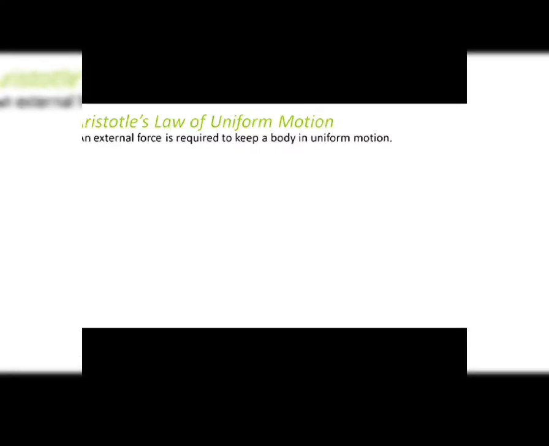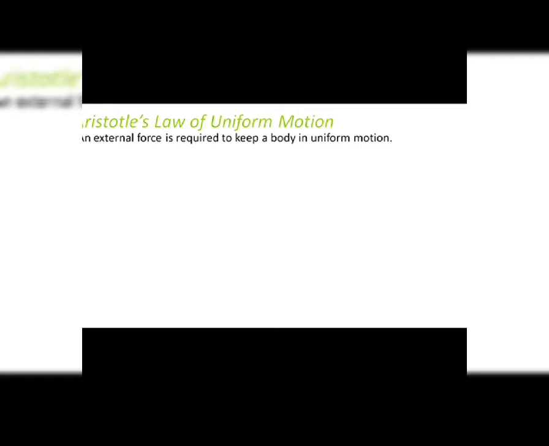So Aristotle told them that an external force is required to keep a body in uniform motion. So Aristotle says that suppose there's an object which is moving at uniform velocity, so in order to keep the body moving with uniform velocity, this means that an external force is continuously being applied on the body. That means not only to start the motion but also to maintain, to retain that uniform motion, an external force has to be there. He told this on the basis of these kinds of examples.